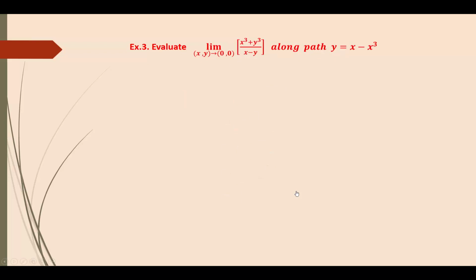Next, example number 3, evaluate the limit as (x,y) tends to (0,0) of (x cube plus y cube) upon (x minus y) along only one particular path, y equal to x minus x cube. Means evaluate this limit along this path only, y equal to x minus x cube. Therefore the limit as (x,y) tends to (0,0) of (x cube plus y cube) upon (x minus y) equal to